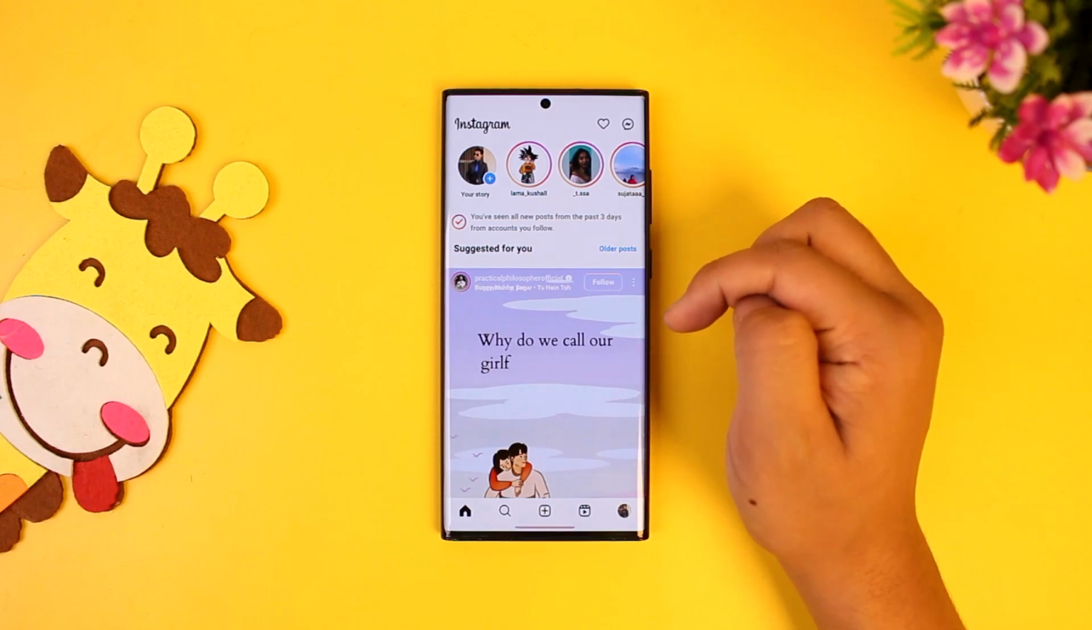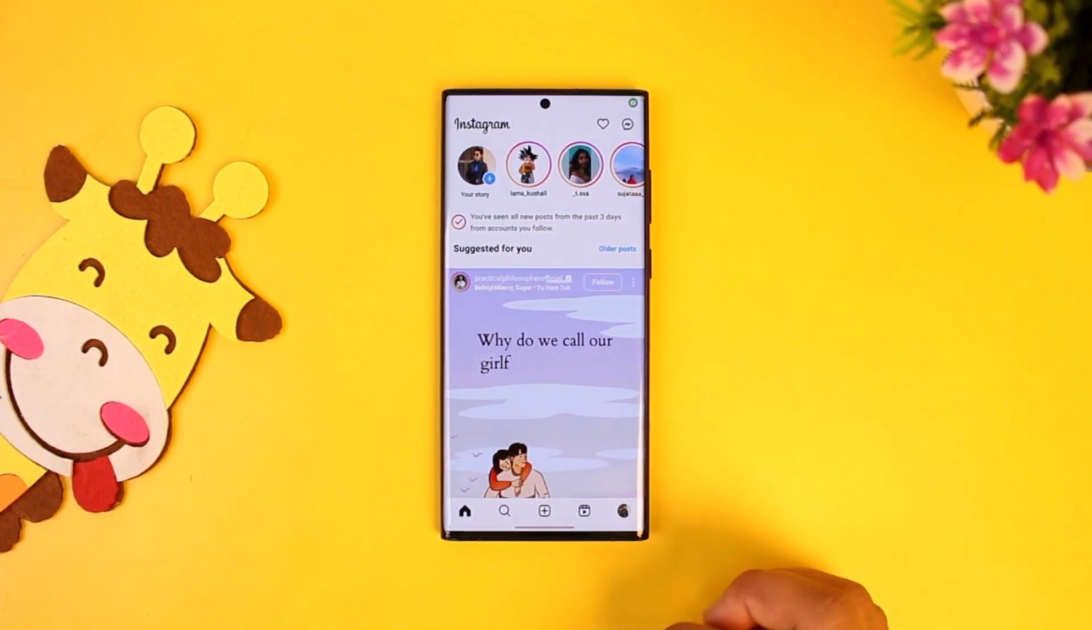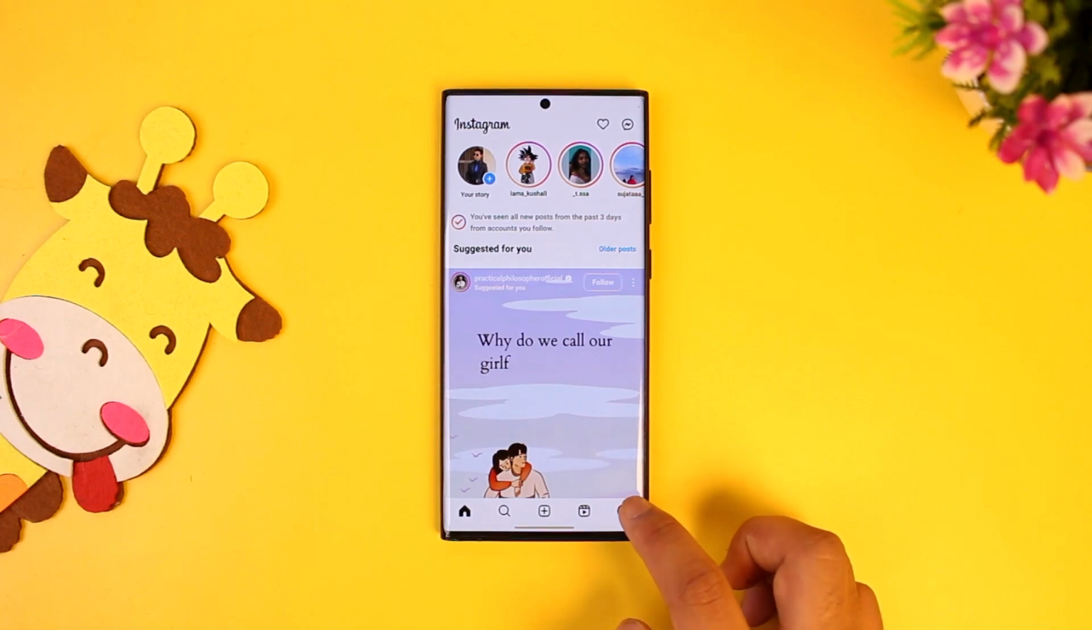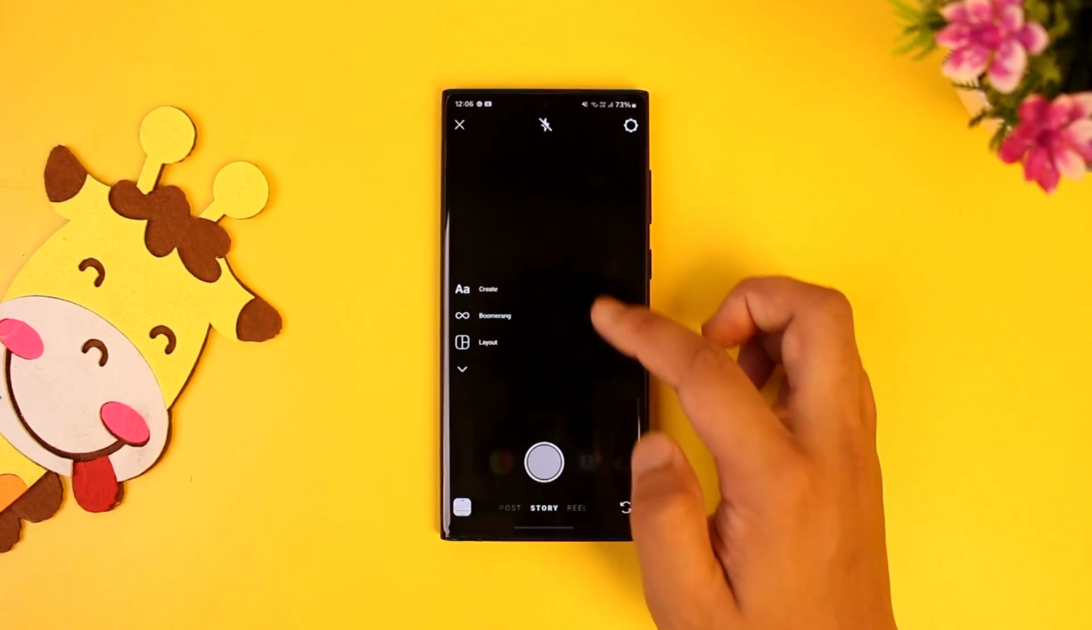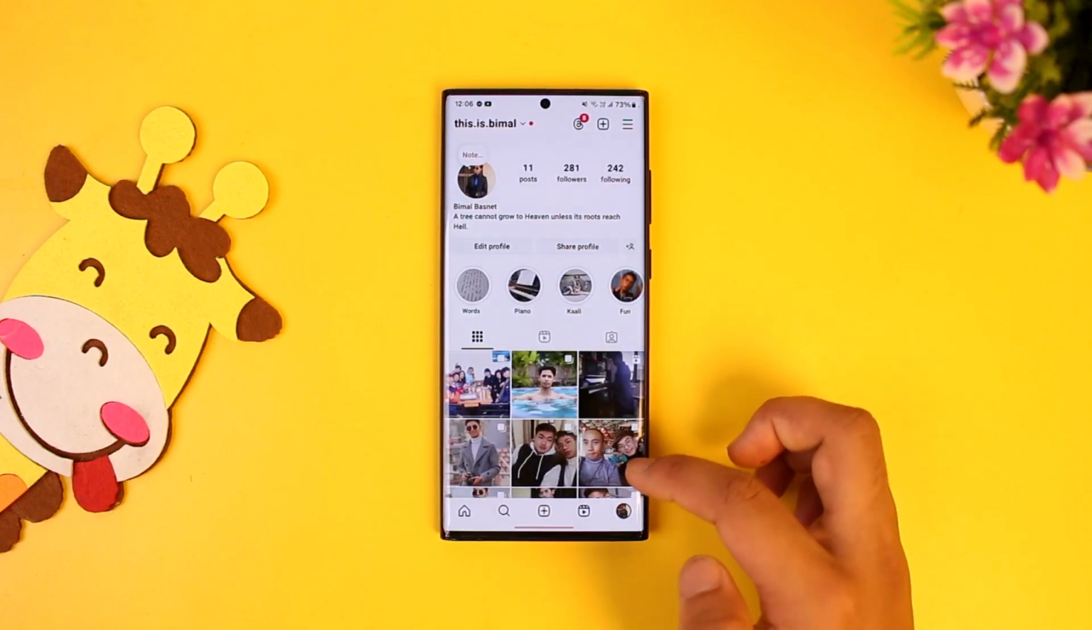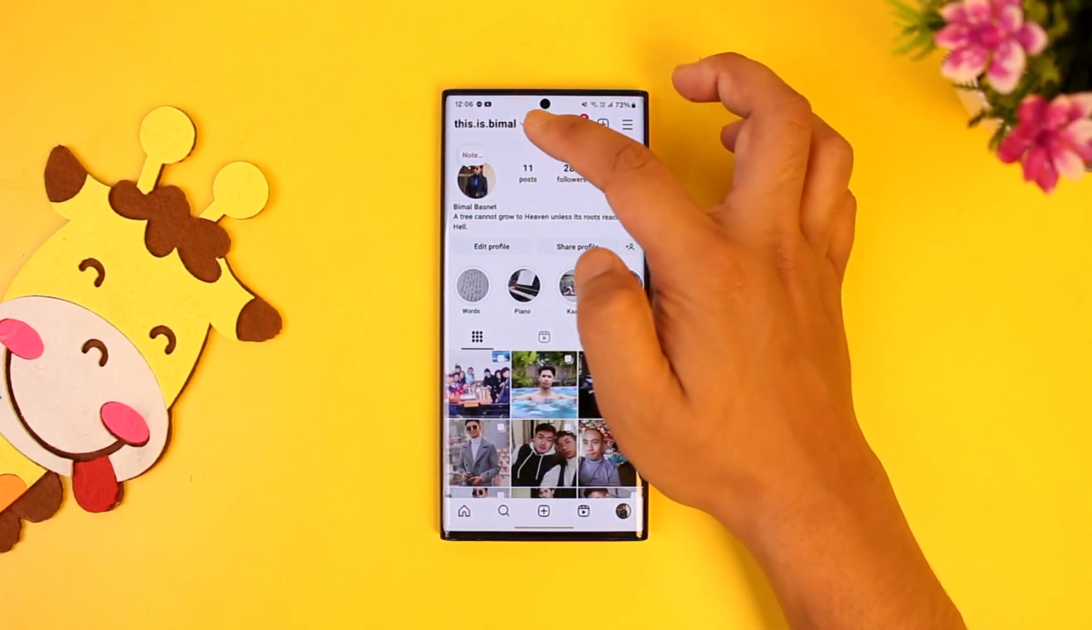Then simply open the Instagram app. Here you can currently see I'm logged into one of my accounts. So simply come to the profile icon from the bottom right of the screen here, right? So once you come to the profile icon, if you want to add two accounts, just tap on your